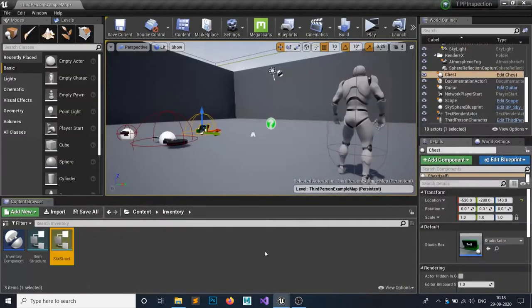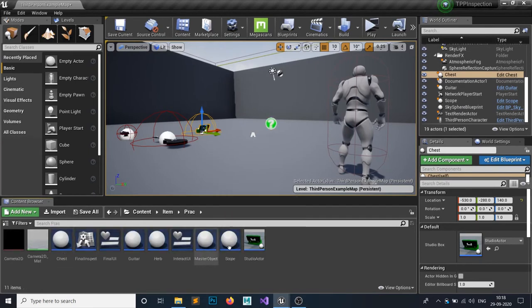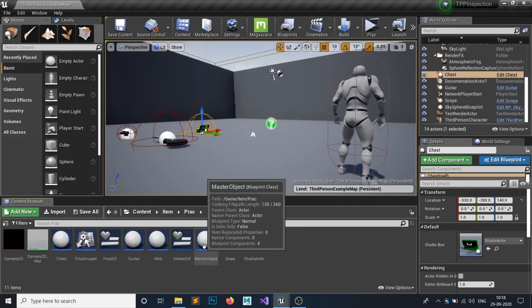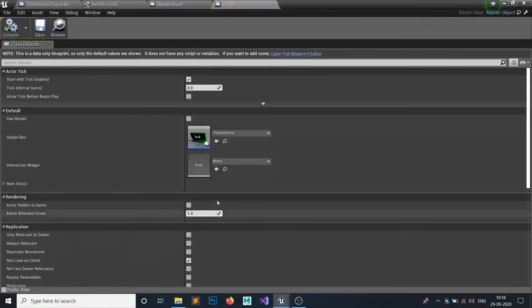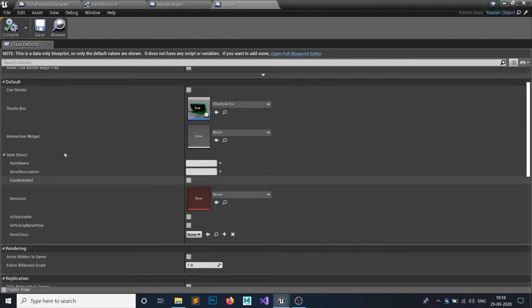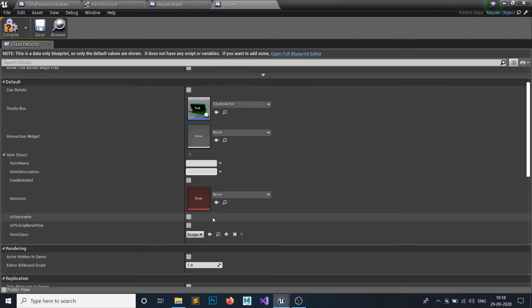So if you minimize that and open your item, you might find this one. If you open this scope, you might find this. You can find this item structure. If you open that up, it will open like this: item name, item description, all the item structure variables we have. First thing first, in the item class, make sure you set it to your item class, the scope, this one.